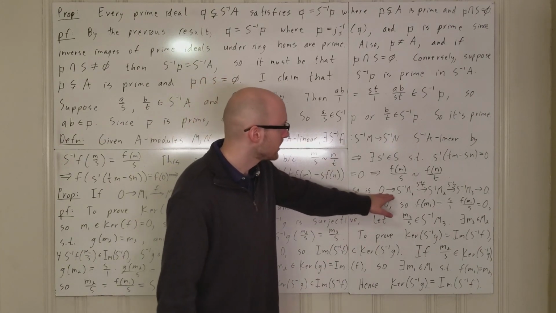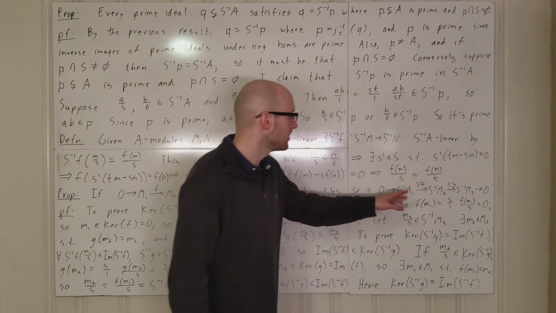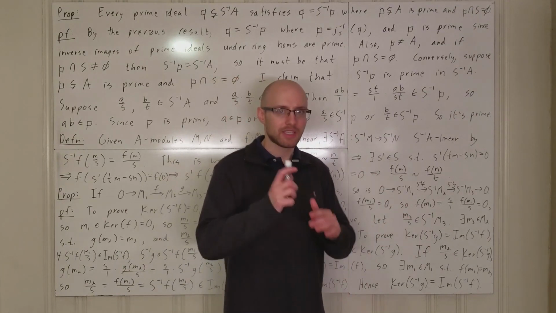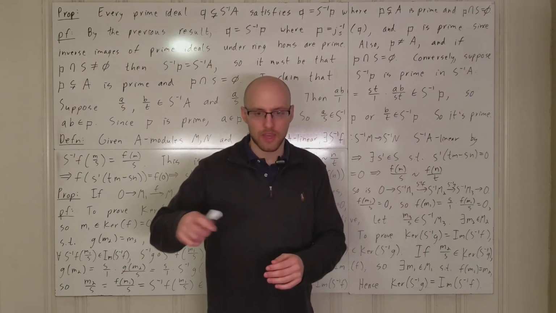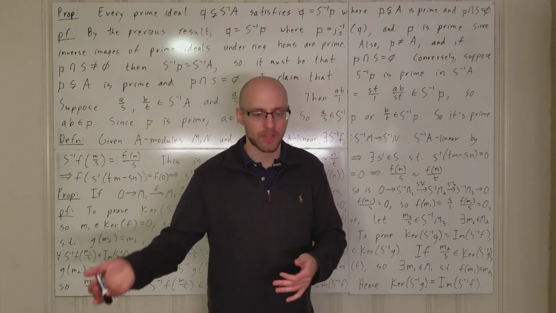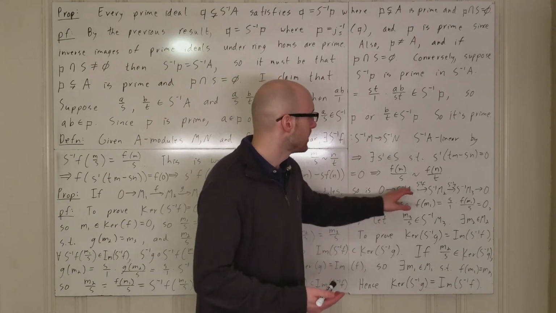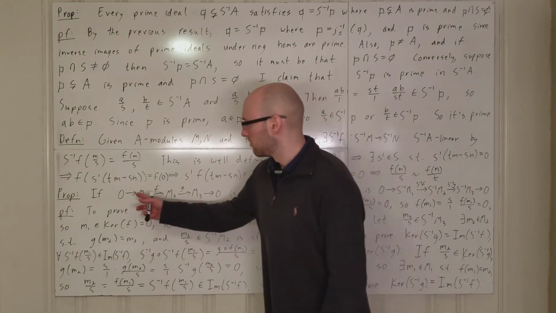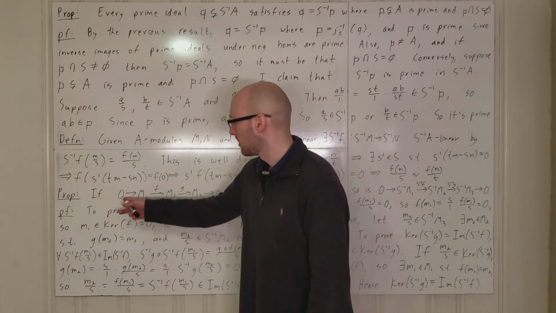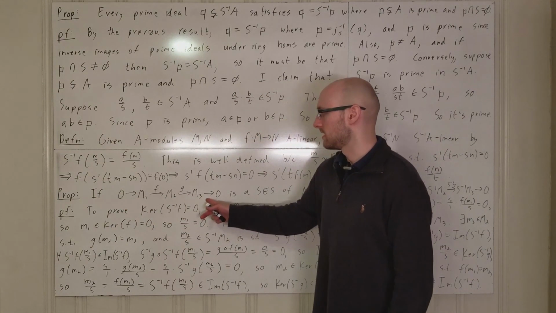So if we get a short exact sequence here for every single S of the form A set minus M, where M is a maximal ideal of A, then you can conclude that